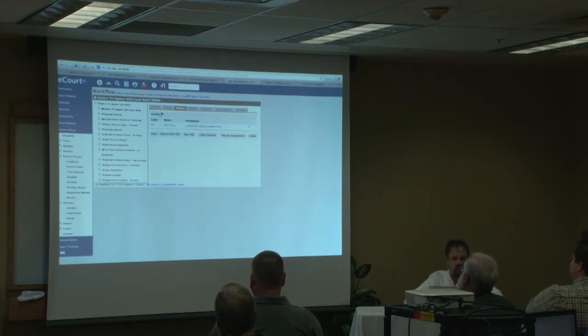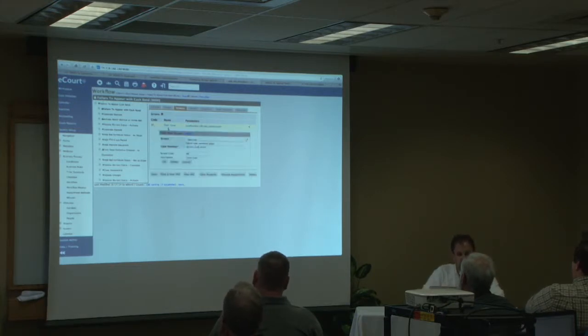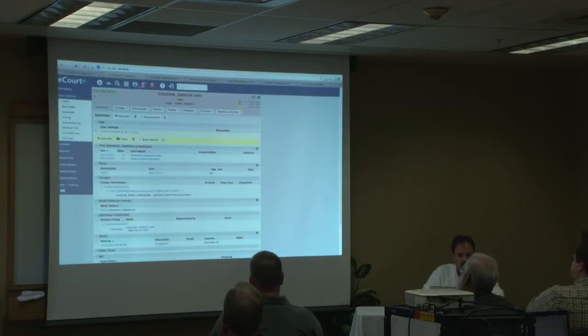Then we go over to our screens, and these are different screens. So we have navigation rules within the system that allow you to navigate to a particular area in the system. So here, this opens the case and the case summary screen. So when we were looking at these workflows,